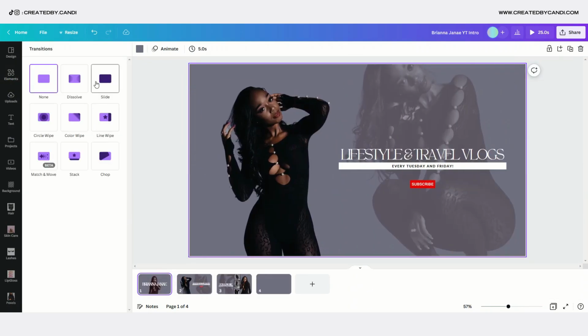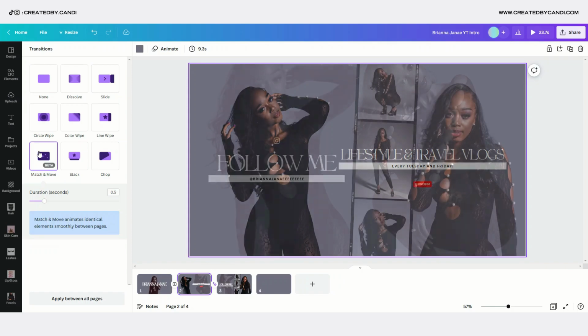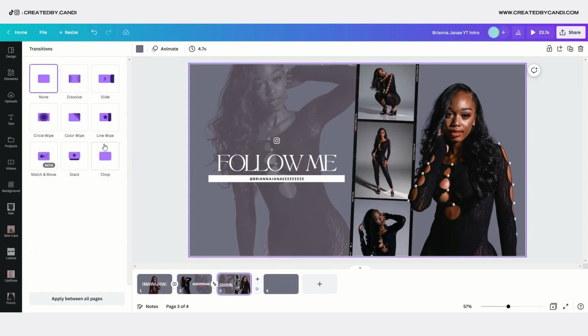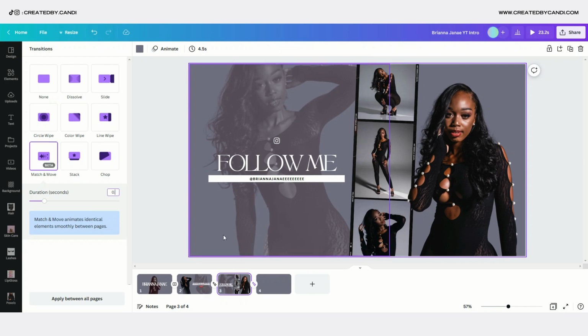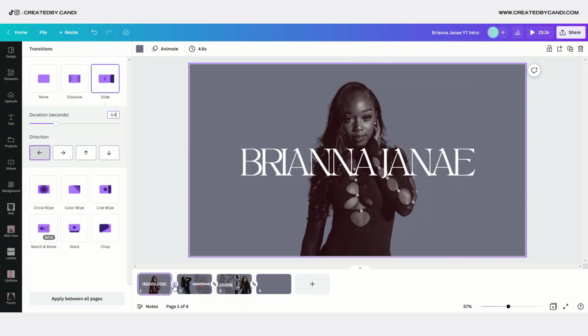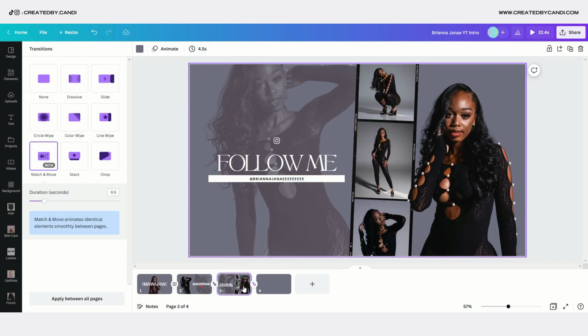So you're gonna click that little button right there that I clicked at the bottom, and that will take you to this screen right here. So you're able to add transitions, and I would highly recommend just playing around with the transitions and seeing what they look like, how fast they are, direction, duration, all that stuff. For the page transitions and even the text animations, just play around with it. That's pretty much what I'm doing here. I'm just playing around,